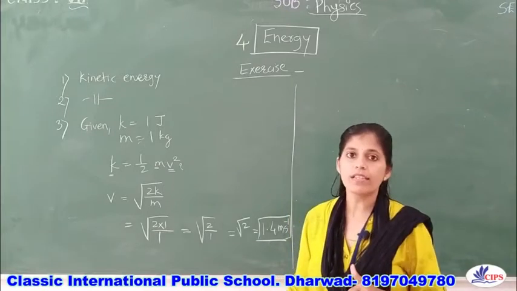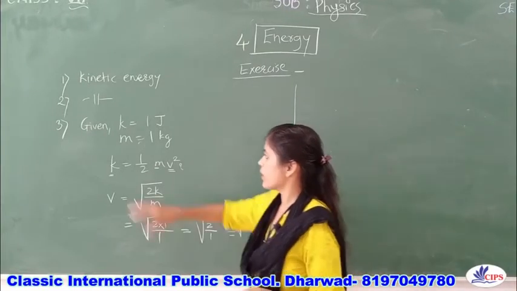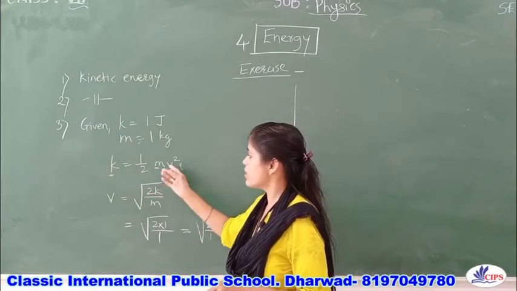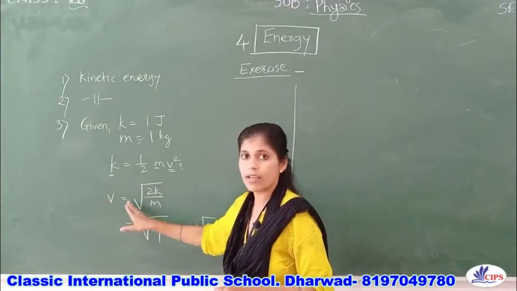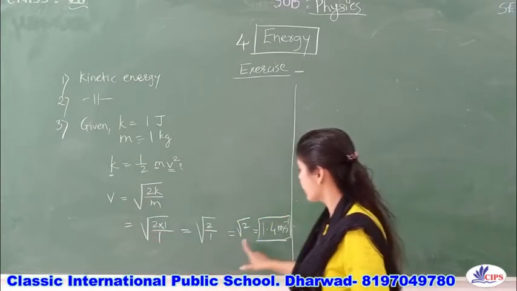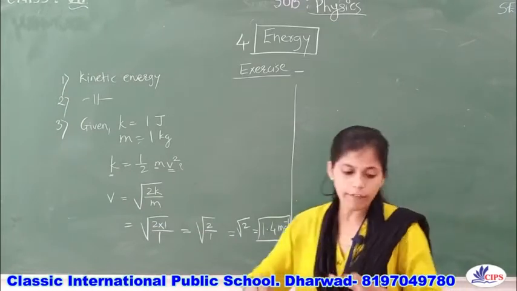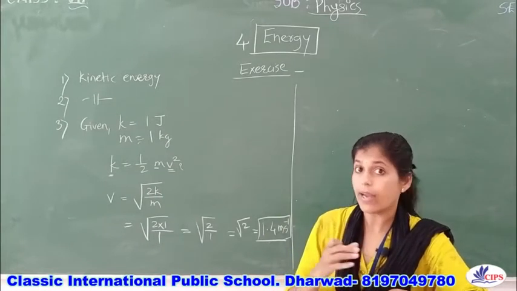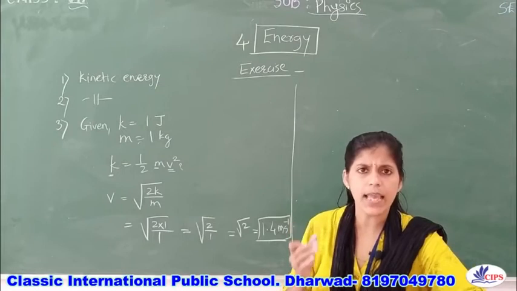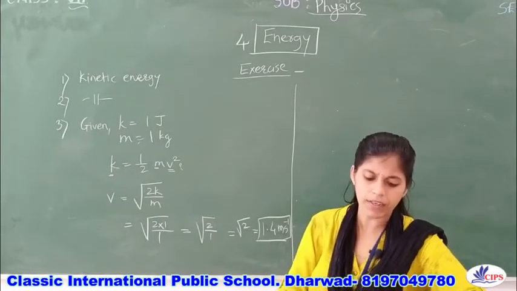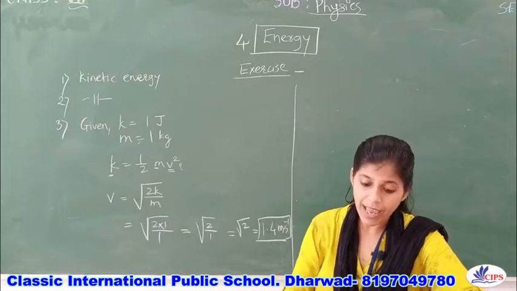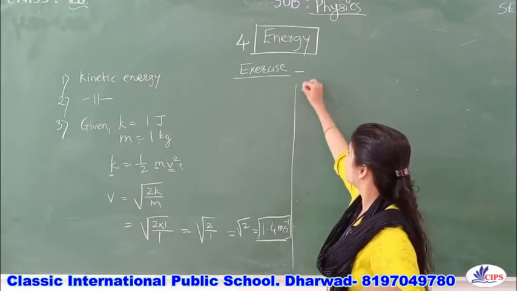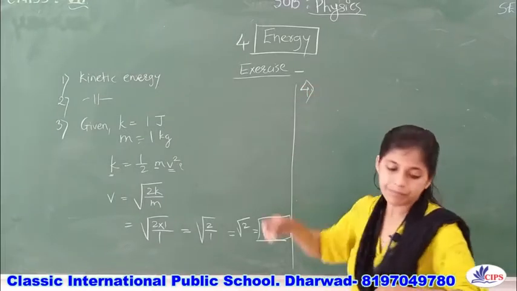That's why I am solving this exercise, to make you realize that the given formula is constant, but as per what is expected you should be able to utilize it and convert the given formula, and then the answer will be like this. Now the fourth question they ask: a car and a truck are moving with the same velocity of 60 kilometer per hour. Which one has more kinetic energy? Even orally you can give the answer.